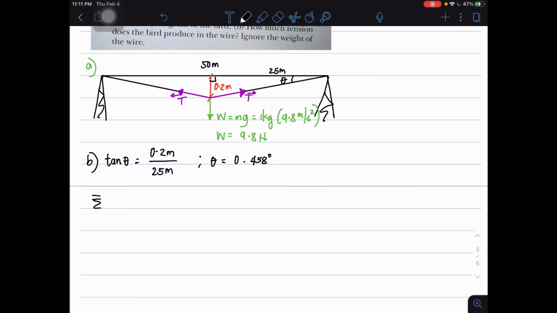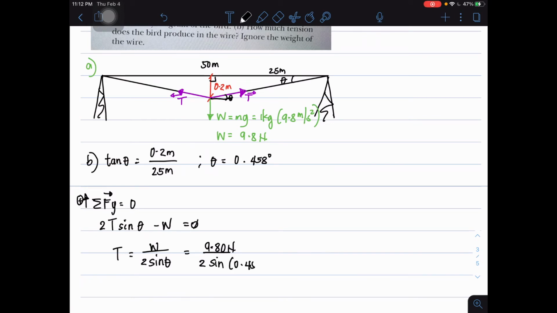Now, if we take the summation of forces on the vertical axis, assuming upward direction is positive, since it's in equilibrium, it is equal to 0. What are the vertical forces? We have the y component of the tension, with the same angle theta. That's T sine theta, and there are two of them, so let's multiply by 2 since they have equal magnitudes, minus the weight is equal to 0. To get the tensile force, we have weight over 2 sine theta, which is equivalent to 9.8 newtons over 2 sine of